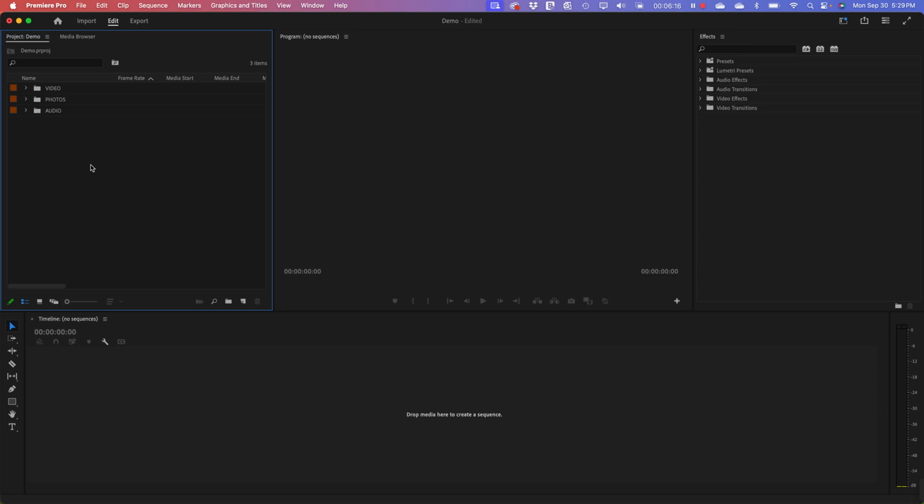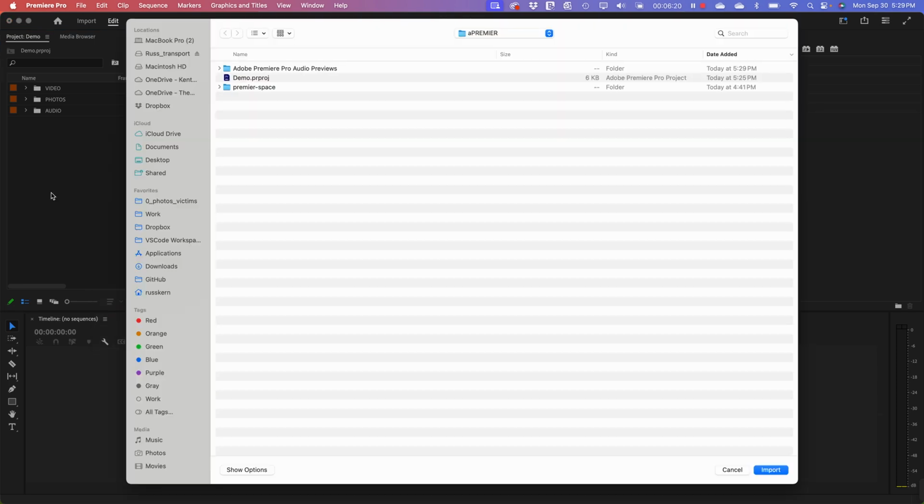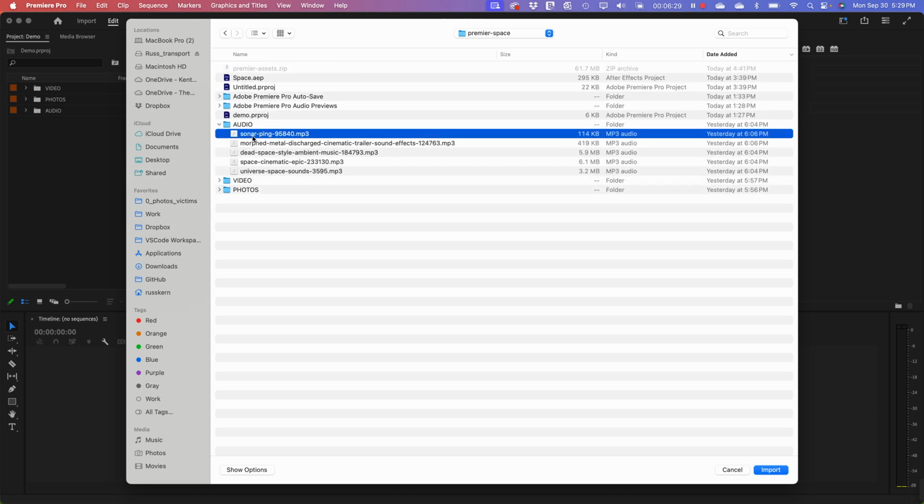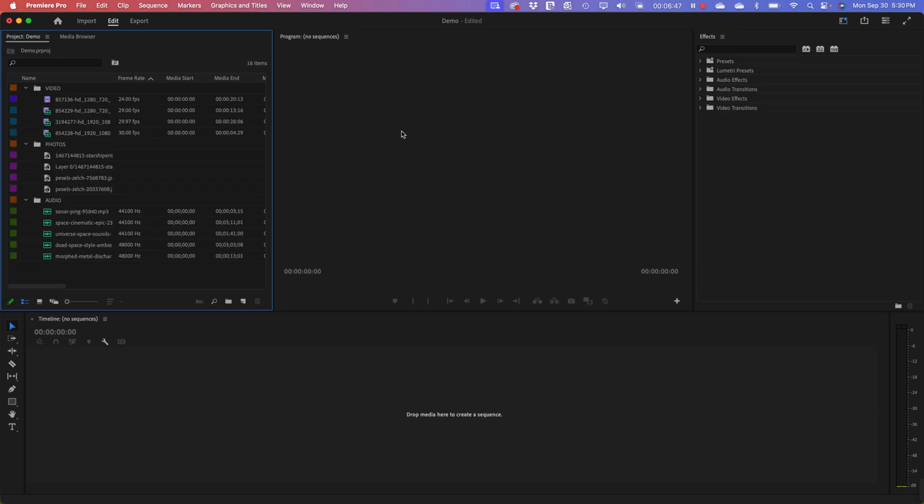If you want to do it manually, it's really just a matter of clicking in the project window and going and finding the assets that you want to load up, select those and import them. So it's similar to After Effects in that regard. I'm not going to import that. So we organize all of our assets here, and